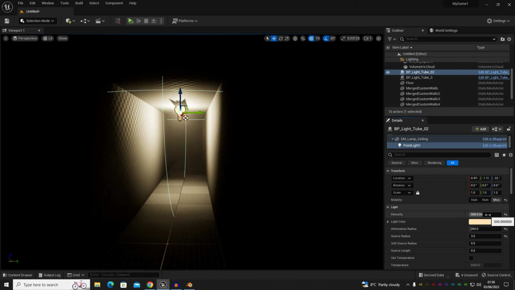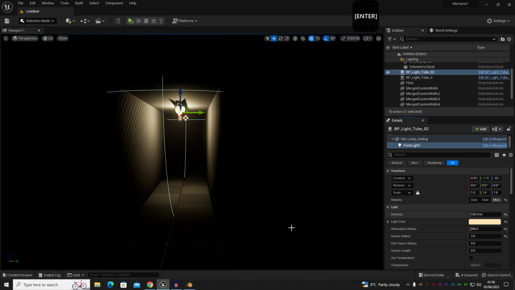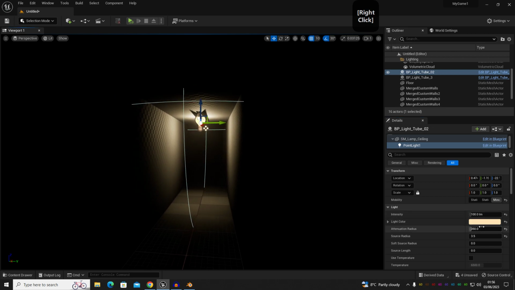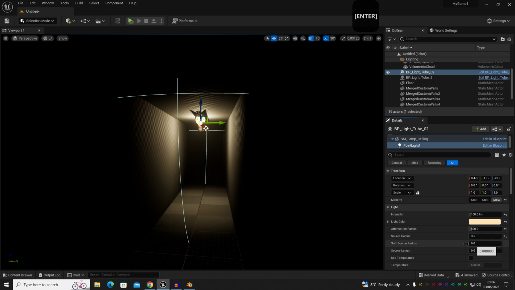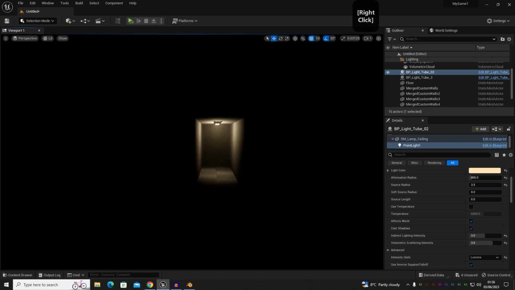and then actually we're going to change that to its default. So we're going to click the default and then change that to 100, and then increase that attenuation to 400. That's fine. We're going to get our indirect lighting intensity and set that to 3, and we're going to put our volumetric scatter to 3 as well. So there's one light set up,